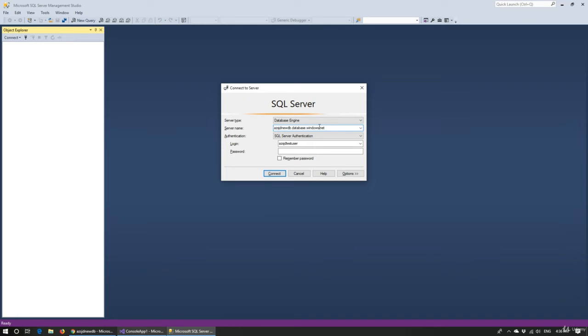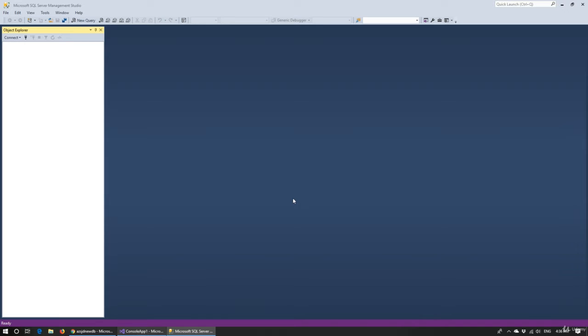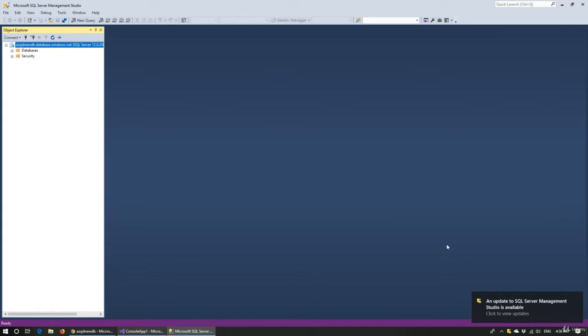So I can put in the server name. I have the server, the test user. If you remember my test account that we created when we set it up, the admin account. All right, so we're able to connect into this database just as we would a SQL Server running in our